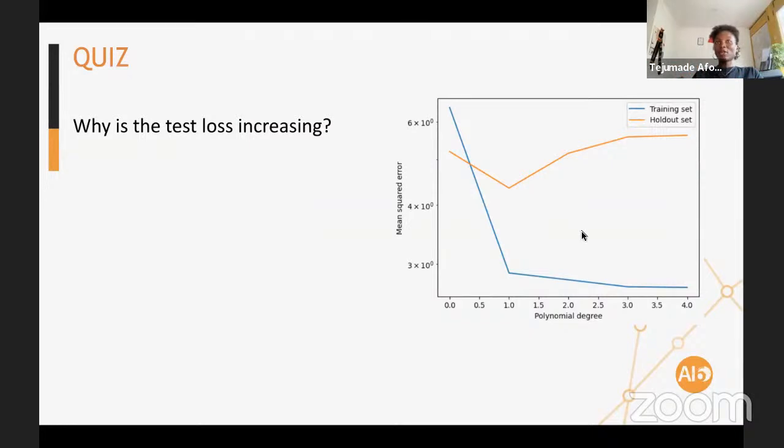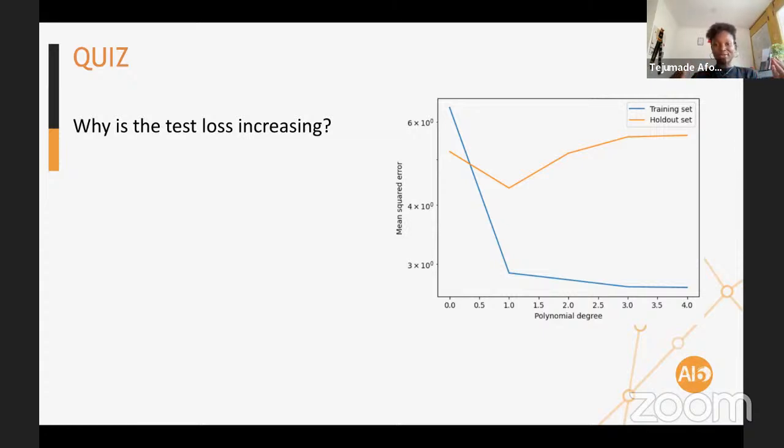Yeah, someone said the curve is overfitted. For this question, it would be because at some point, as we increase the complexity of our model, remember we talked about model complexity, the training error will keep going down by definition. It will always go down.